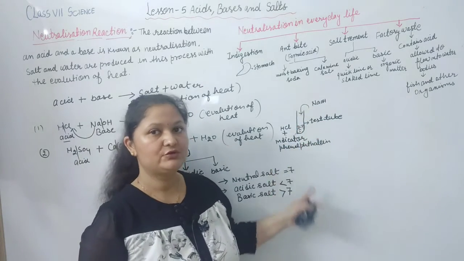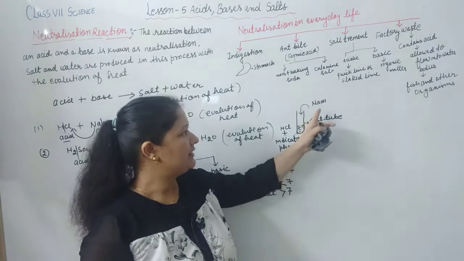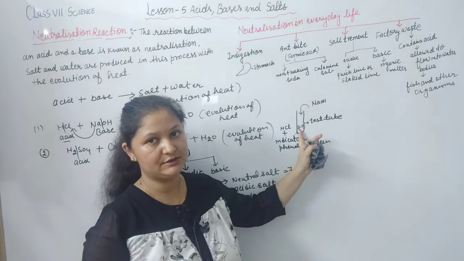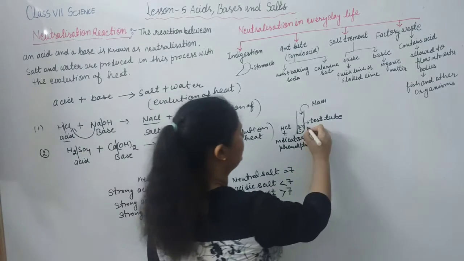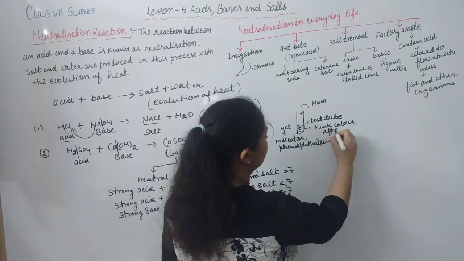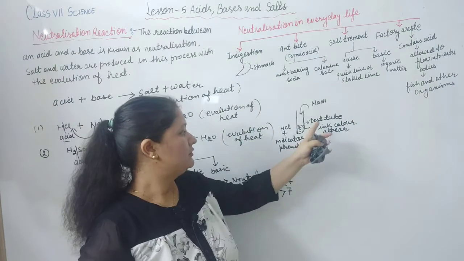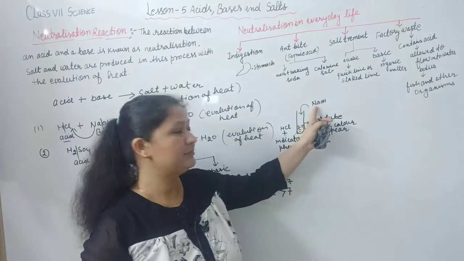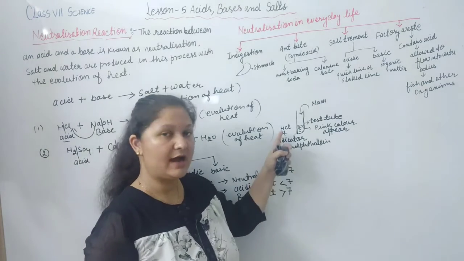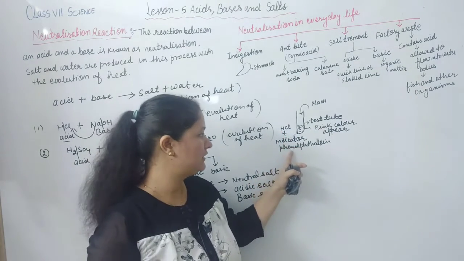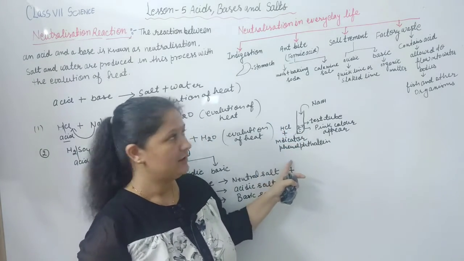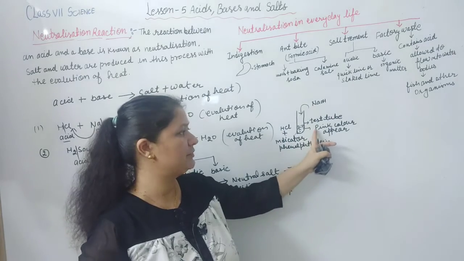After each drop you shake the test tube well, right, and continue adding this sodium hydroxide solution till the pink color appears in this test tube, because the phenolphthalein indicator gives pink color in basic solution, and in acidic solution it remains colorless. The hydrochloric acid is also colorless, this phenolphthalein indicator is also colorless, and it remains colorless in acidic solution, but in basic solution phenolphthalein gives pink color.